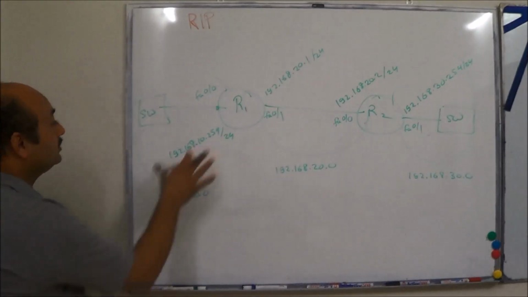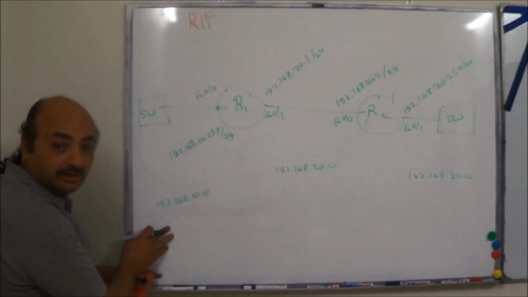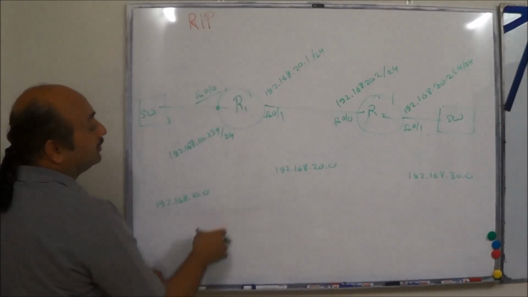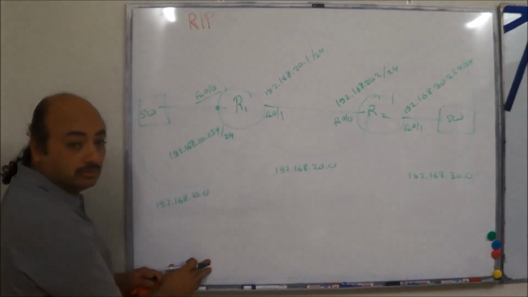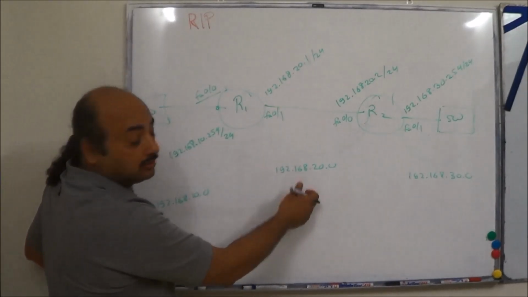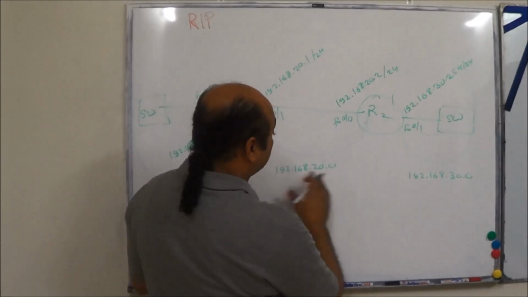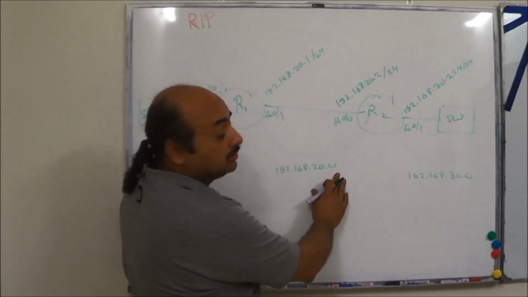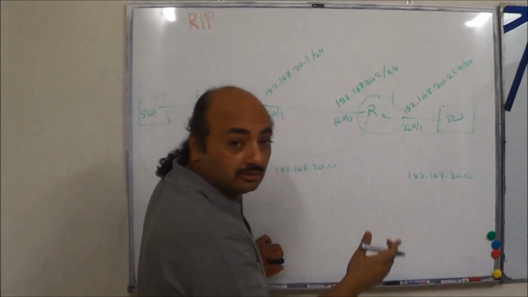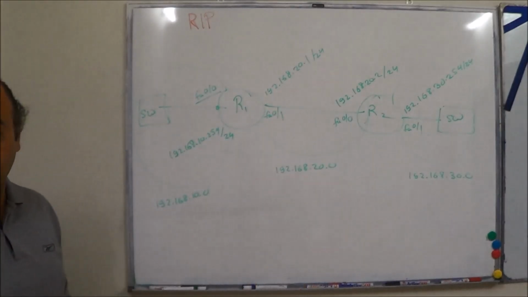Right? In this, connected would say 192.168.10.0, connected on which interface? Fast Ethernet 0/0. On this, the network 192.168.20.0 would say connected this /24 on this interface. Similarly, on R2, it would say 20.0 connected on FA0/0, and this 30.0 connected on FA0/1. That's what it said without the RIP information.